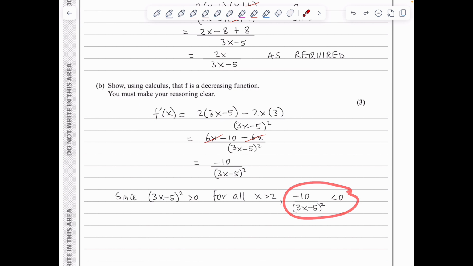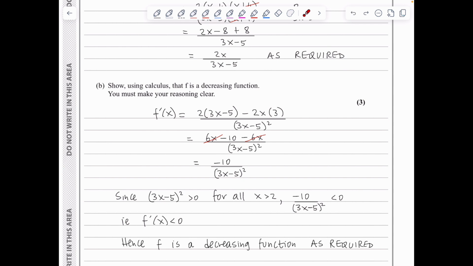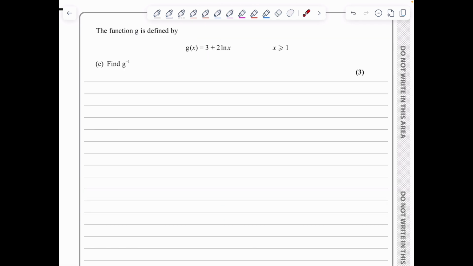So essentially what we are saying is that f dash of x will always be less than 0, and therefore by definition f is a decreasing function. In part C, we've got g of x to be 3 plus 2 ln x, and we need to find